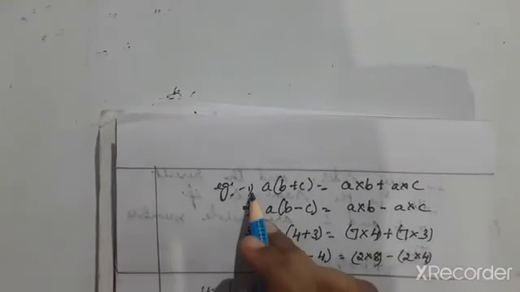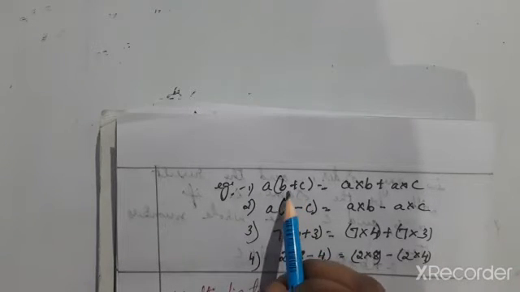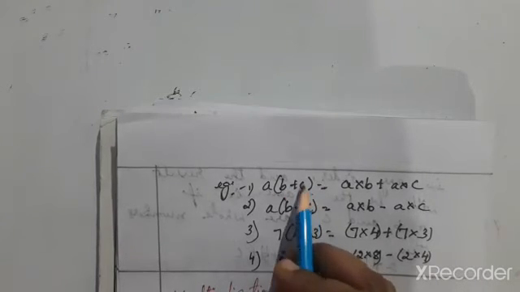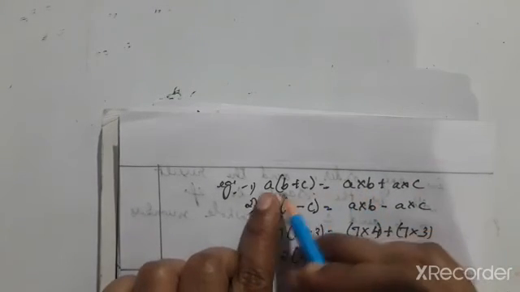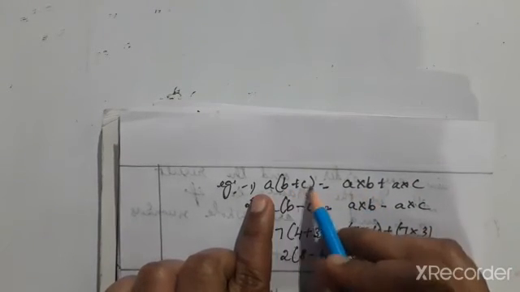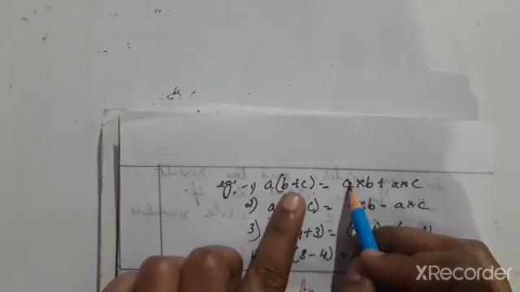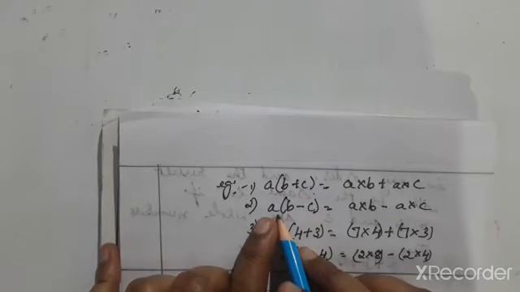Now this is an example of distributive property under addition, so under multiplication and addition, subtraction. Now a into (b plus c) is given. Now we have to find the right side. So distribute the things. Distribute chocolate to boy and girl baby. So a into b plus a into c. So here a into (b minus c): here also a into b minus a into c.